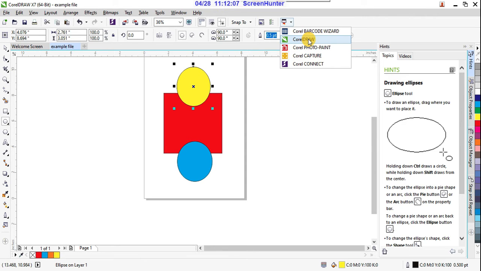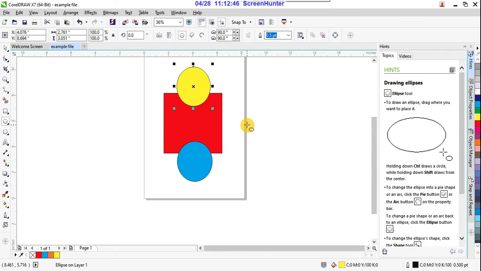At present we are using only Corel Draw, not this. Instead of this, if you want to edit any of your images, we use Photoshop, not Corel Paint. It's not included in our curriculum. So Corel Draw only we are using. And Corel Capture is for scanning. If you capture anything by using this, we capture, right? And Corel Connector. So any required photographs, suppose online, if you connect with online, any reference images, reference cliparts, if you want to get from the Corel family, you connect here and get that information, right?